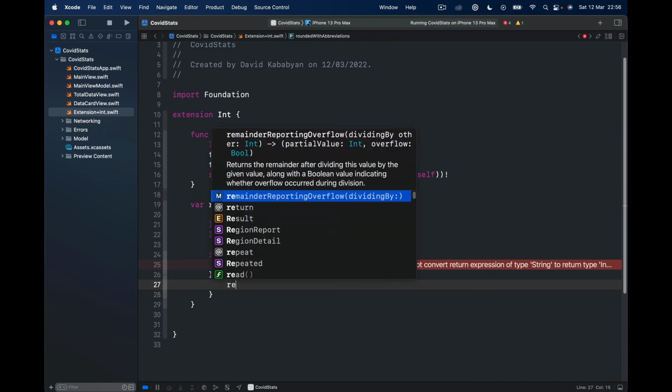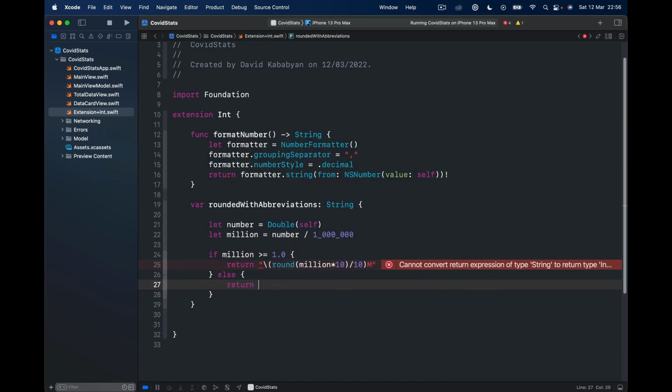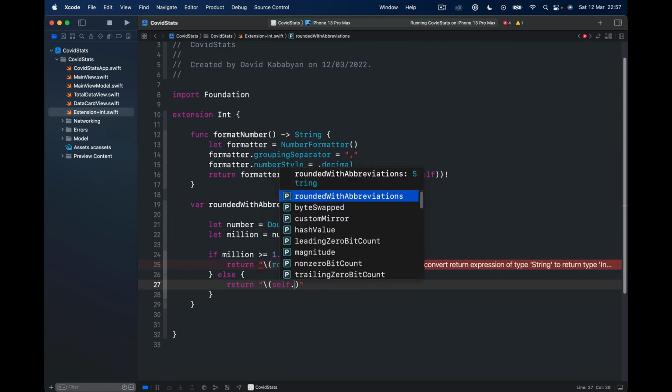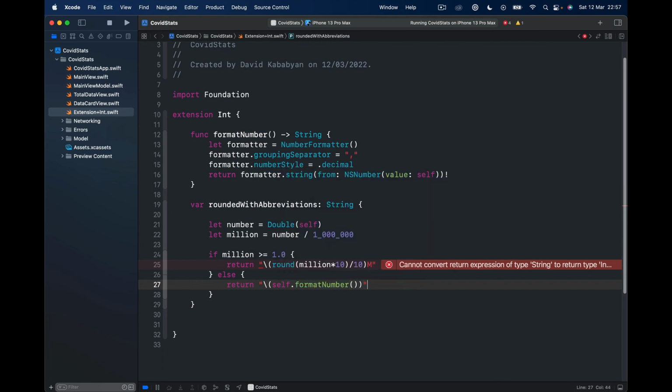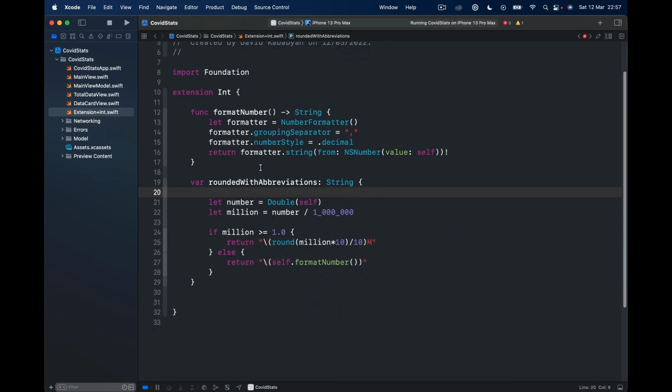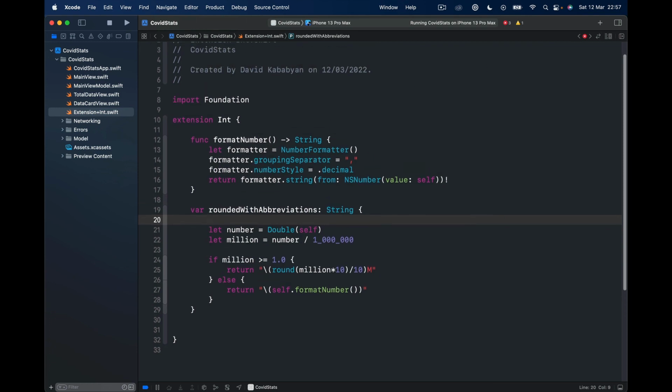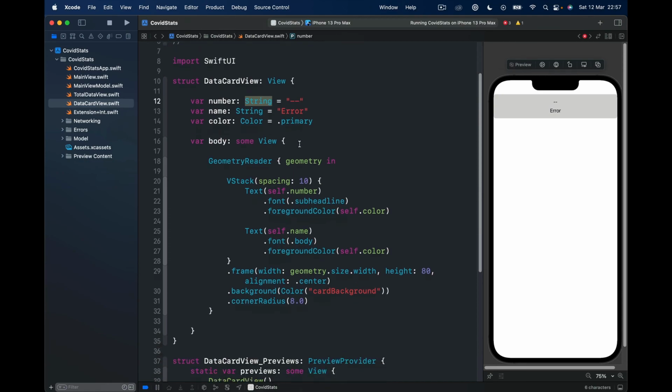Okay, and we do one more return, and if this is the case, we're going to just use our self dot formatted number, command P. Okay, the build failed, but the problem is not here. We have created our extension. We're going to go back so we can use it, which